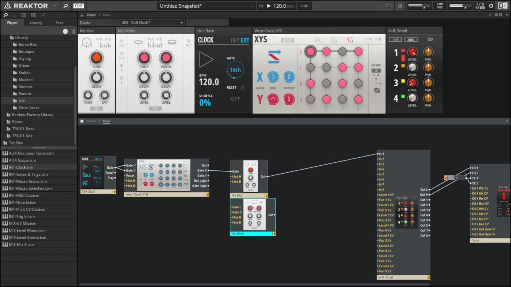Maybe melody isn't my thing, you know what I mean? That's on gate Y, right? Y gate. Is that just triggering when? Oh yeah, I see. Interesting. Neat. Then for the logic, we can go with